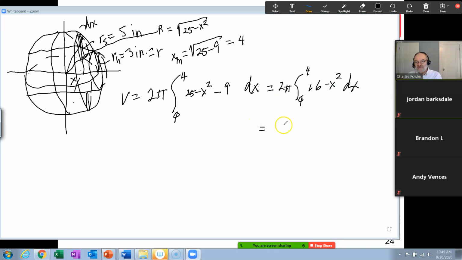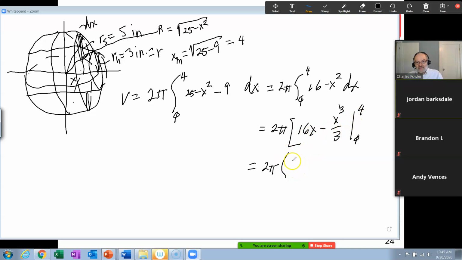The setup is the hard part. The calculus is the easy part, relatively so. What's the antiderivative of 16? Anybody? 16x minus the antiderivative of x squared, I'm already saying it for you, x cubed over 3. See, I was already answering the question, and you're doing this from 0 to 4. All right, so what do we have? 2 pi, easy part, times